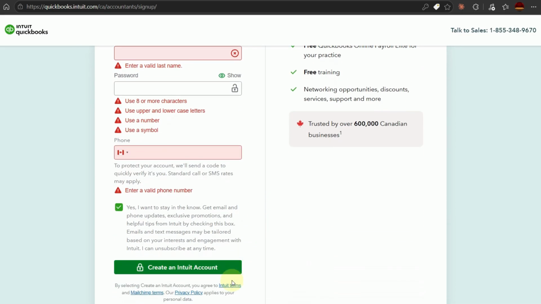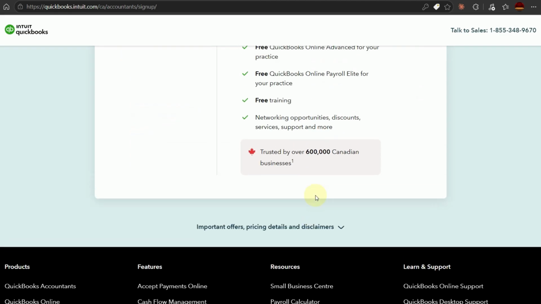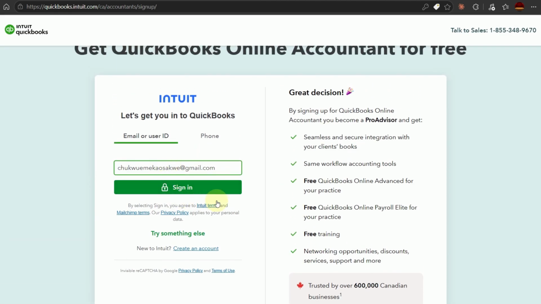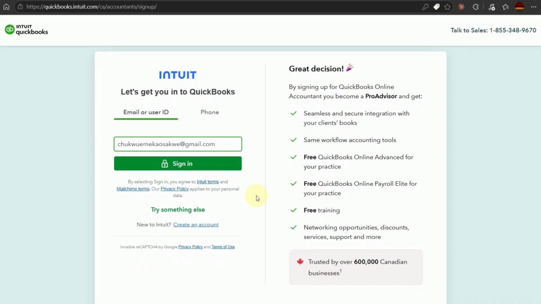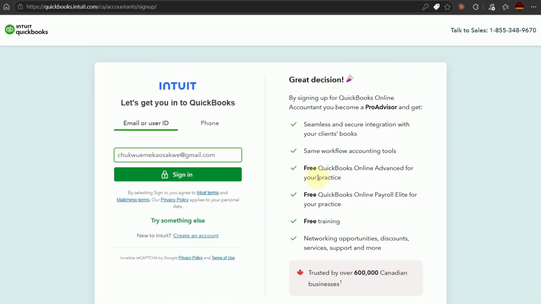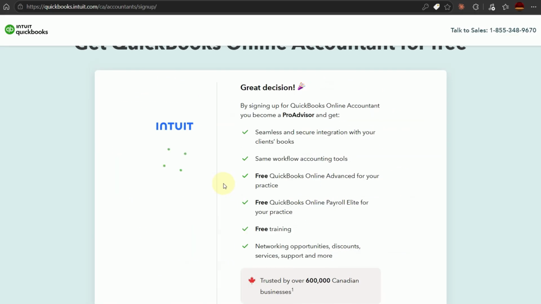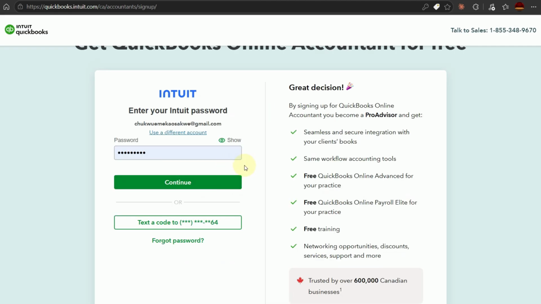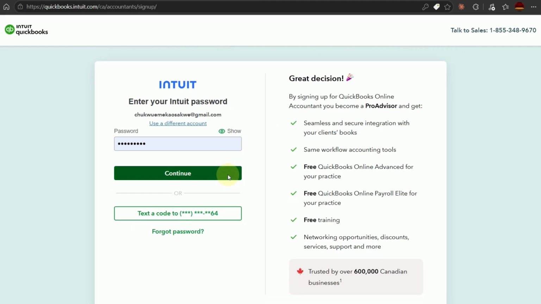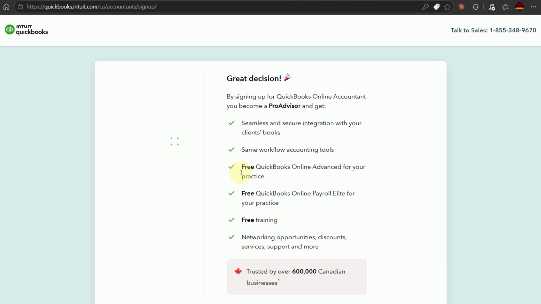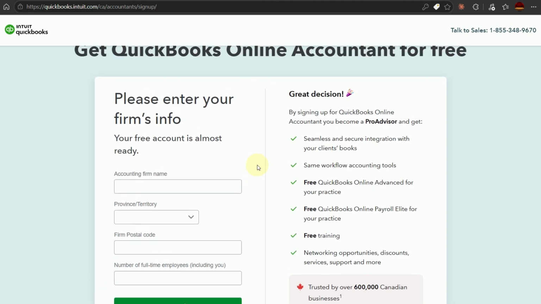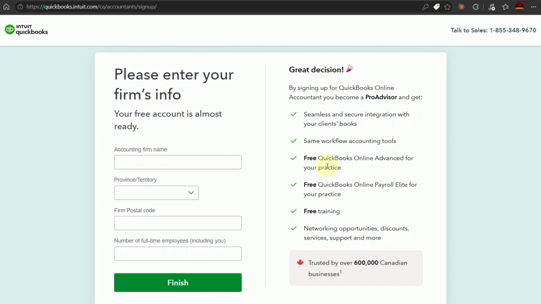After signing in, QuickBooks will take you through the setup process. Follow the instructions on the screen until you reach the certification or training area. From there, you'll be able to access the official QuickBooks training materials, review the lessons, and complete the certification assessment when you're ready. Make sure your account information is correct because your progress and certification details will be connected to